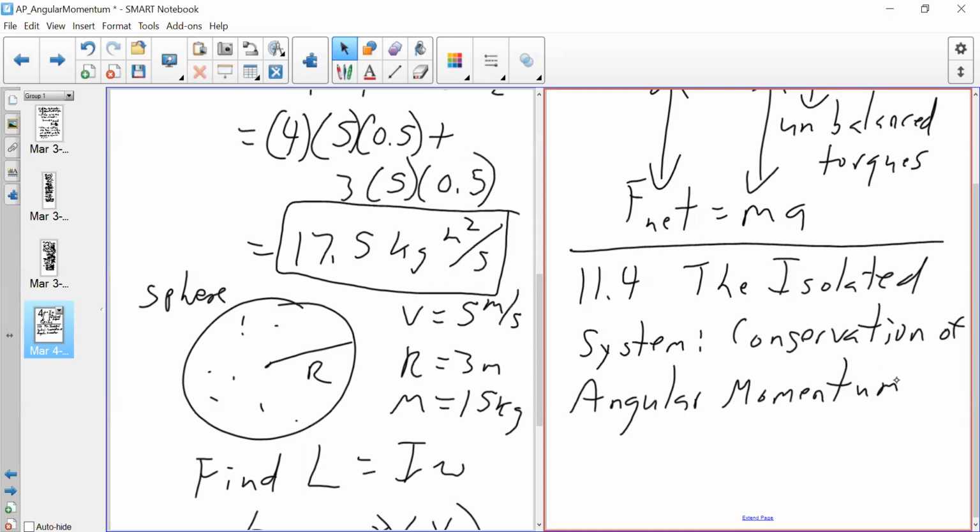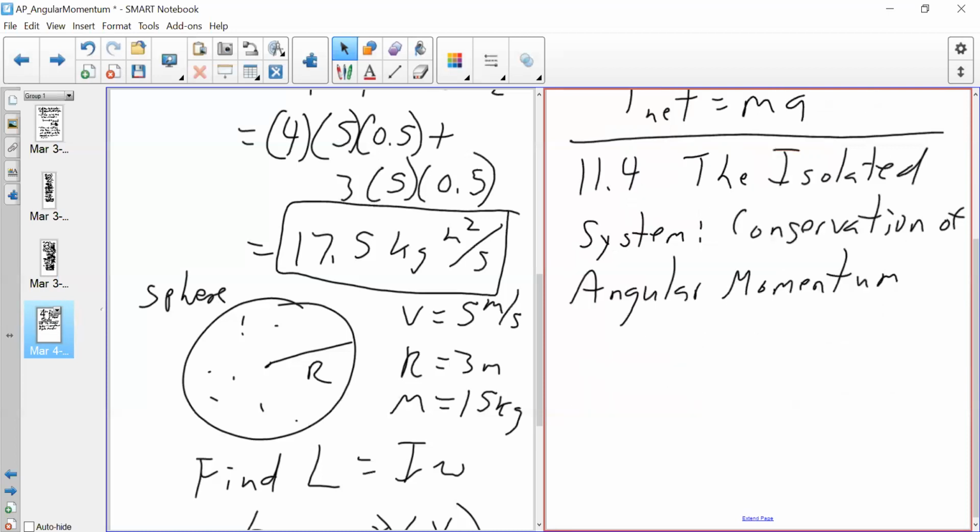They're not going to be a part of the explanation when we're talking about saving angular momentum. We know that the outside forces will be zero because we're closing it off. The outside forces will sum to zero in linear momentum, but now in this case, the outside torques in the system